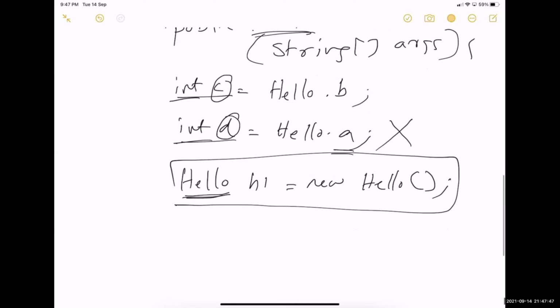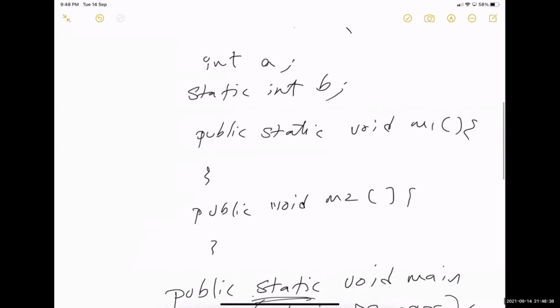After that, you can say h1 dot a. You can say int d equal to h1 dot a. Now what will happen? Will it work? If it will work, what will be the value of d after executing this statement? No, a is not a method. a is just a variable.